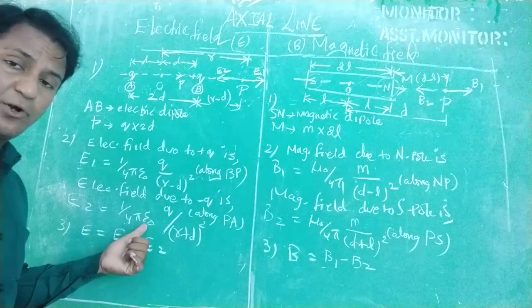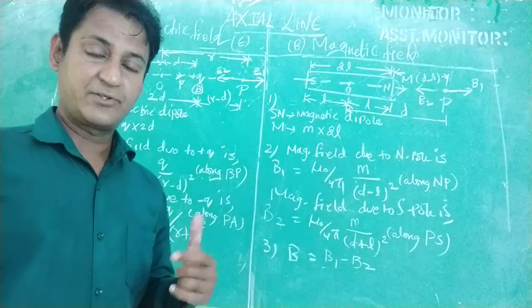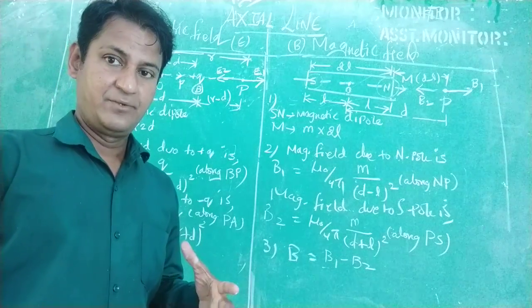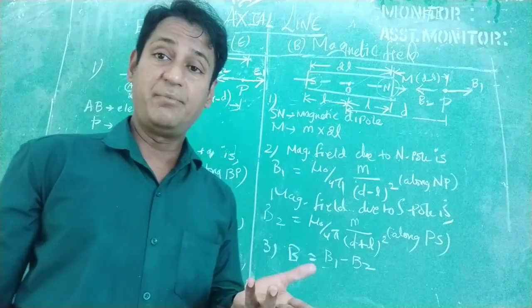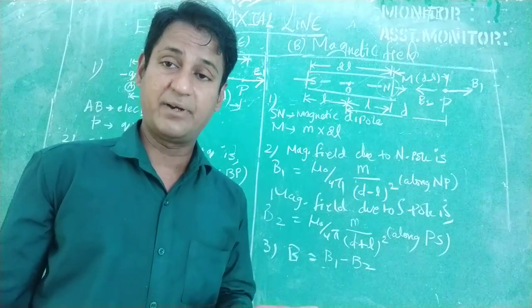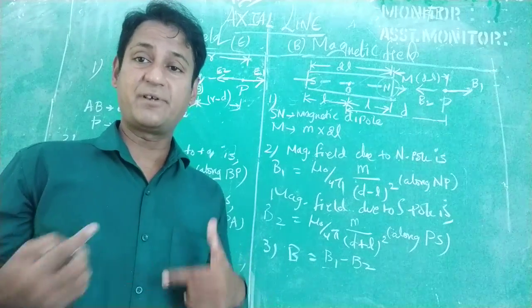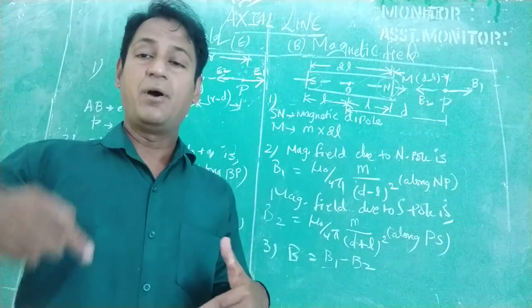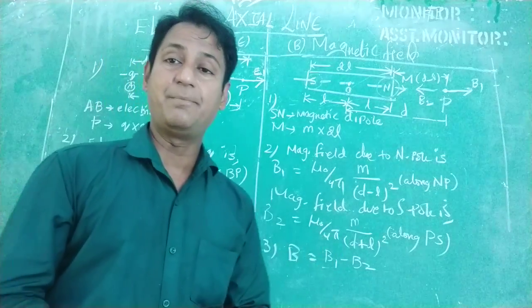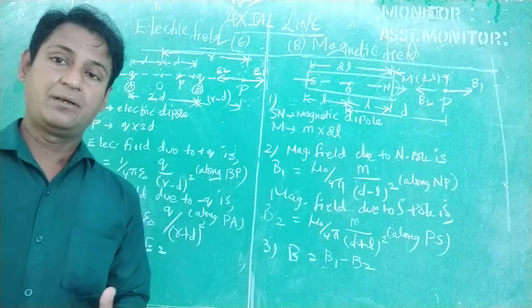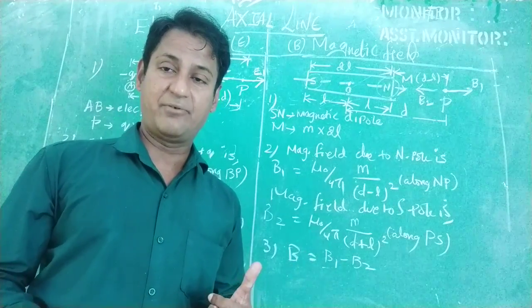And here epsilon naught means the permittivity of free space. If the charges minus Q and plus Q are placed in any medium like water or vacuum, and if that medium permits more lines of force, then the permittivity of that medium is more. And mu naught is called the permeability of free space here, the permitting ability of any medium or vacuum.